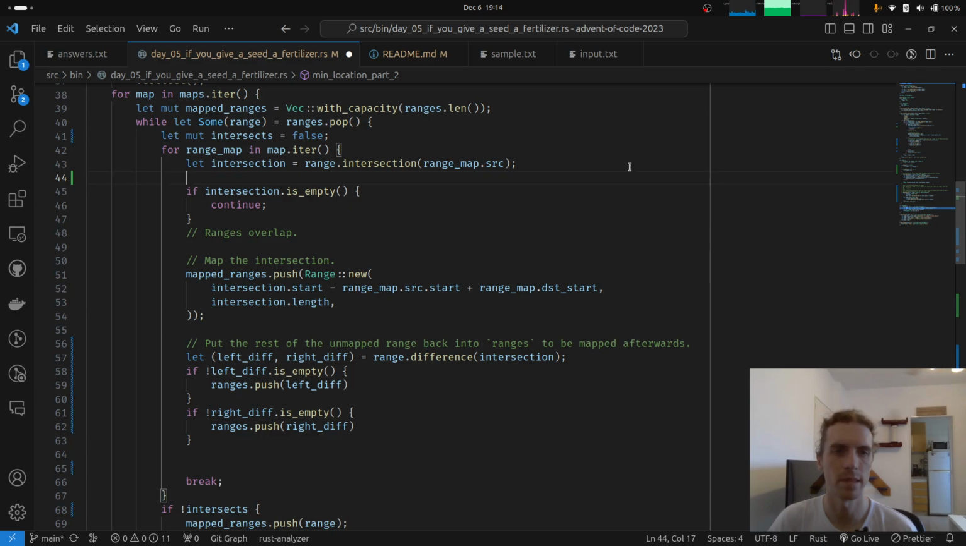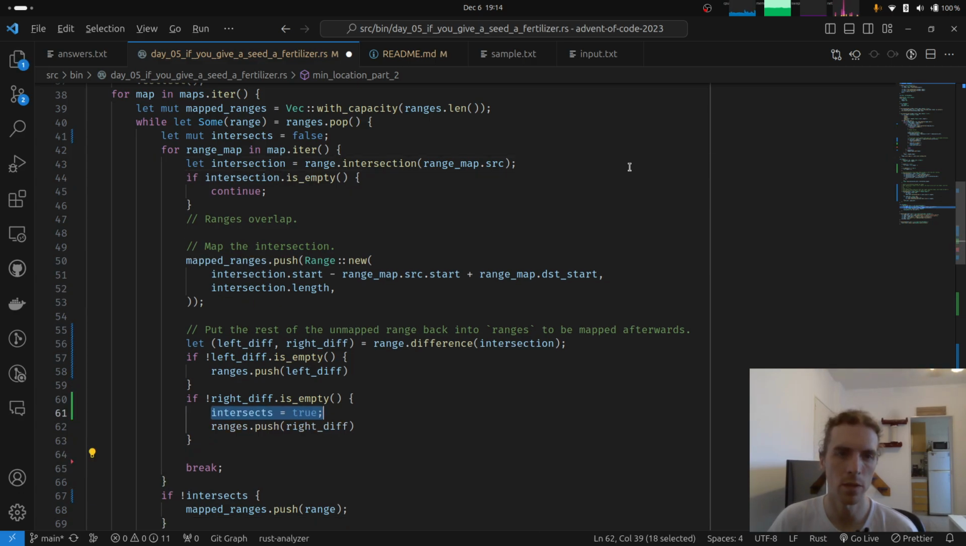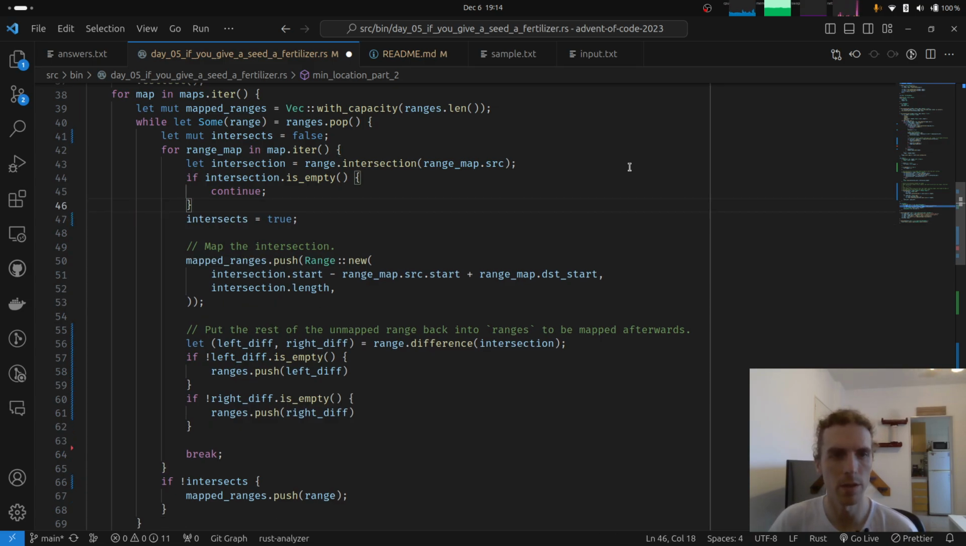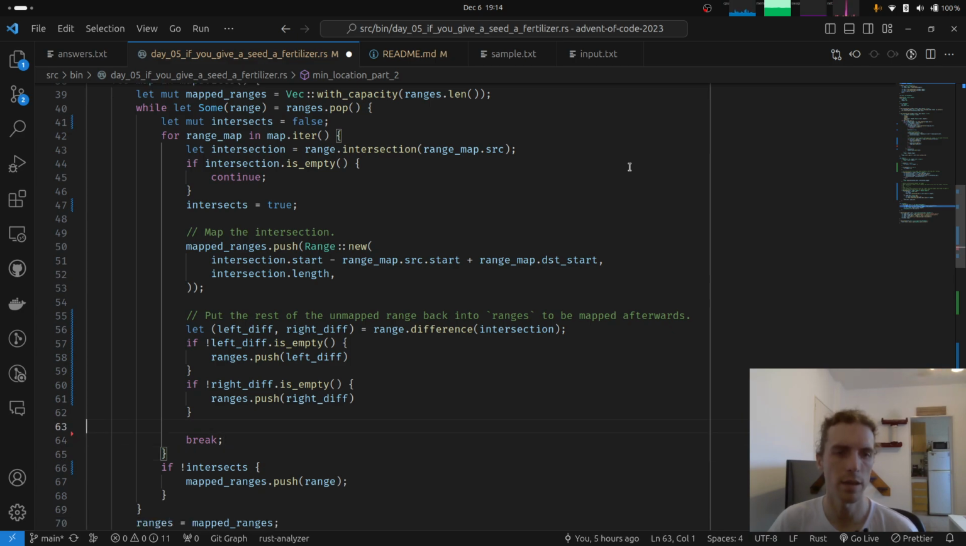And no, I'm not sure if I want to move that. I could move it here. So just say, okay, the ranges overlap. Instead of this, we can just say there is an intersection. Map the intersection. For the rest, yes, and then we break. Yes, and if we break here,